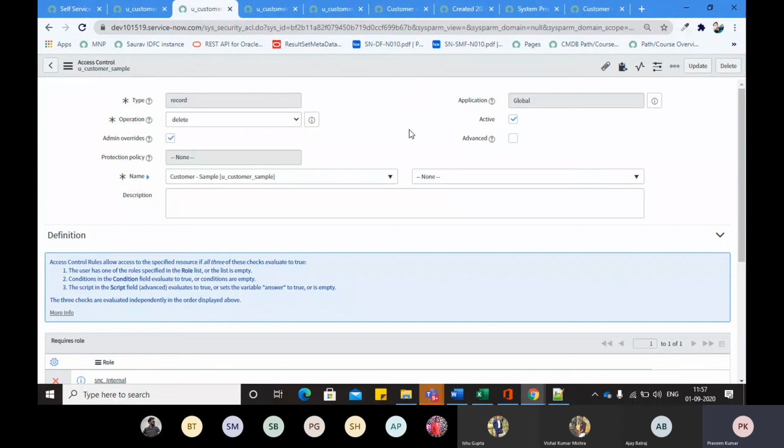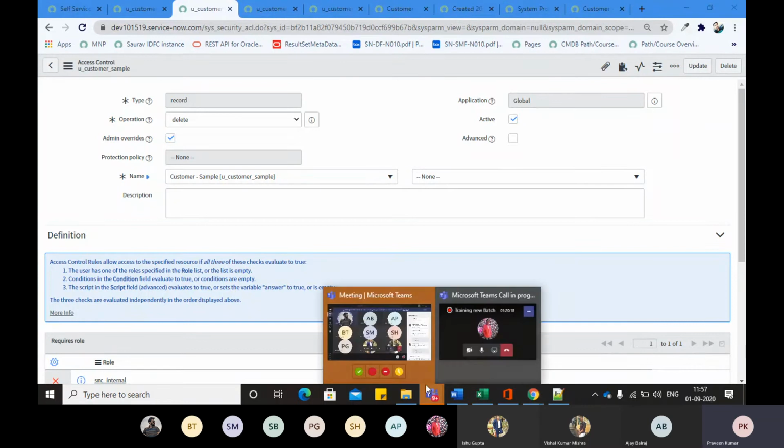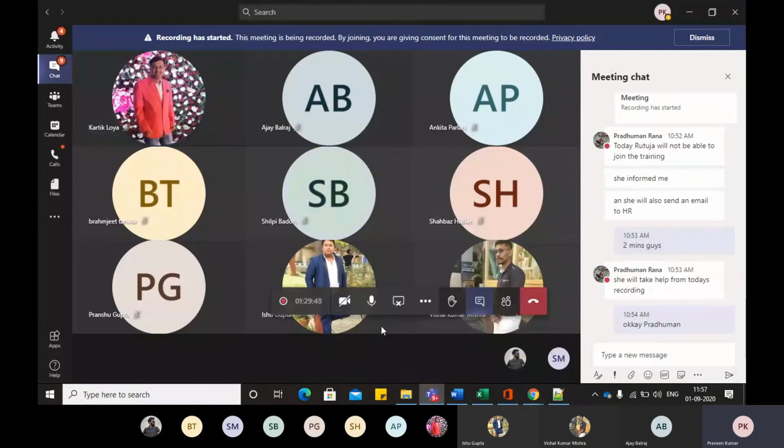Now tell me any doubt, any clarity anywhere you want, guys. Yeah, Praveen. So in real-time scenarios, deleting a table is not given to an end user.